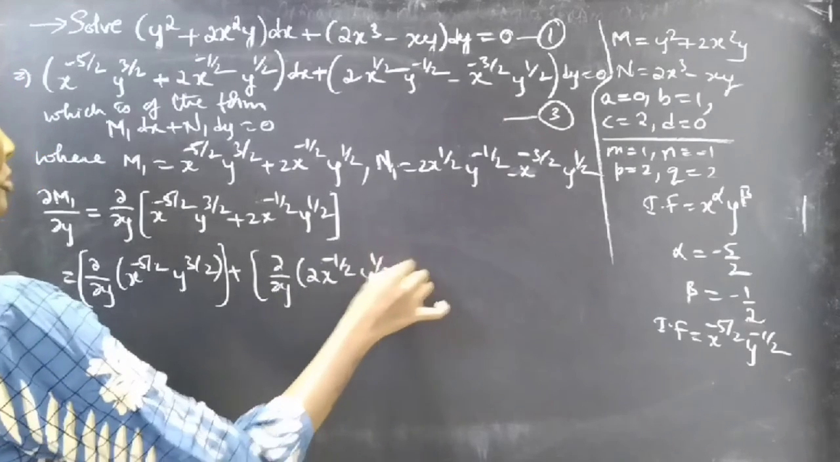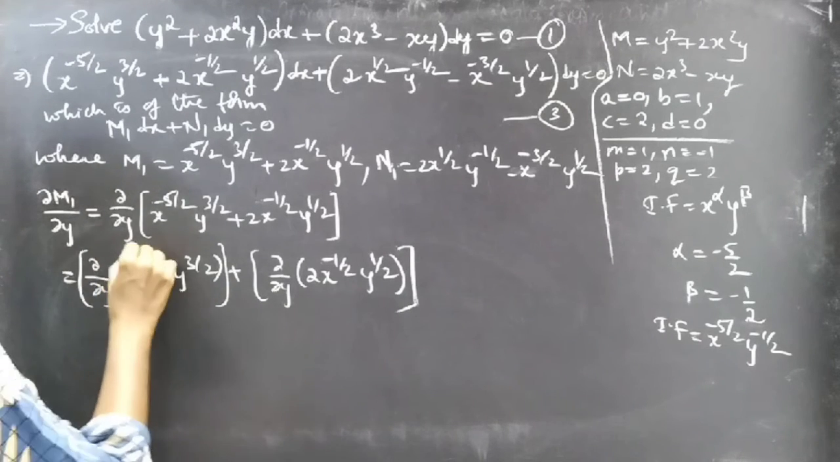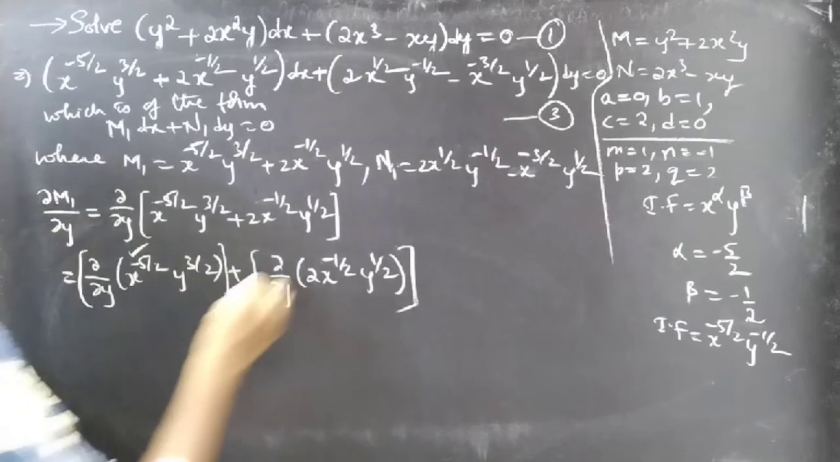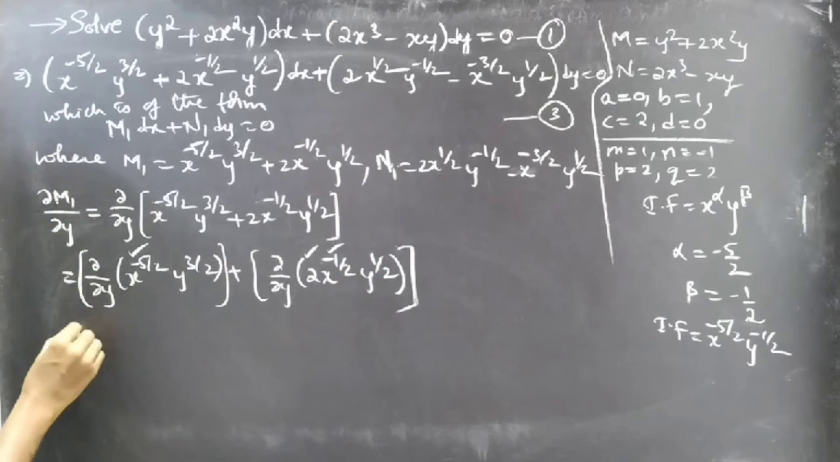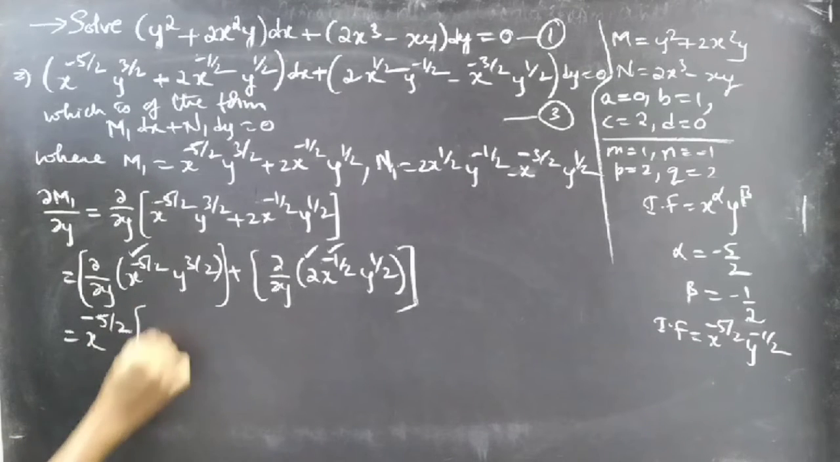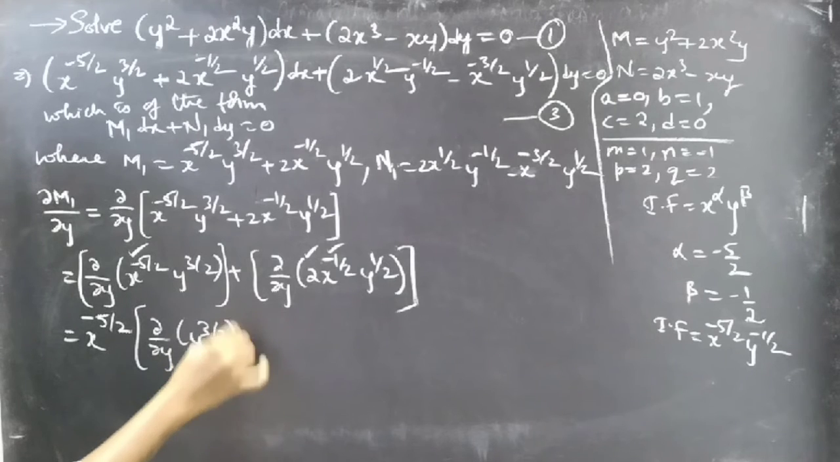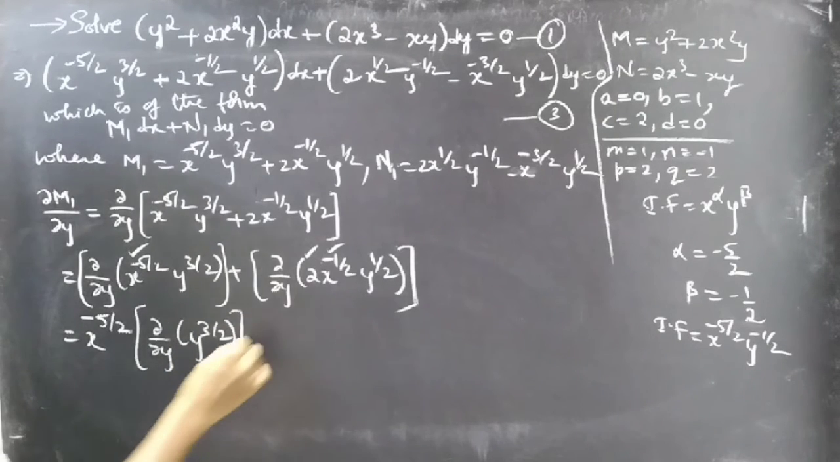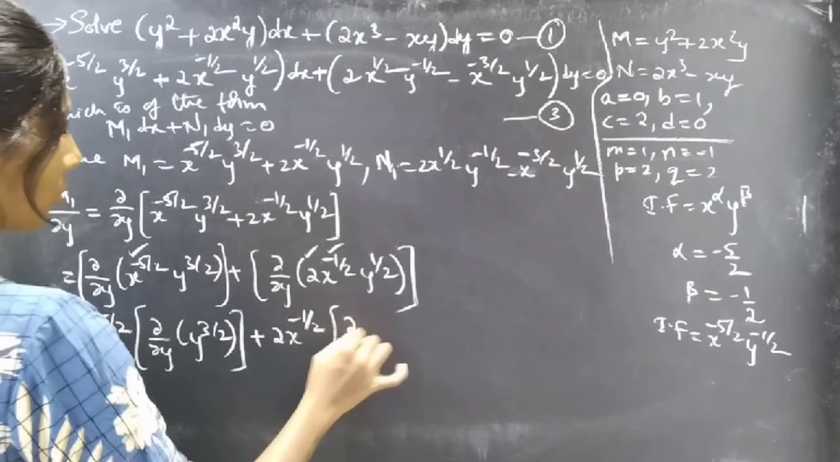Since it is a partial derivative with respect to y, we'll treat x as constant. Here x^(-5/2) is constant, and in the second term 2x^(-1/2) is constant. So let's take these out of the bracket. You can write this as -x^(-5/2) times ∂/∂y of y^(3/2) plus the constant 2x^(-1/2) times